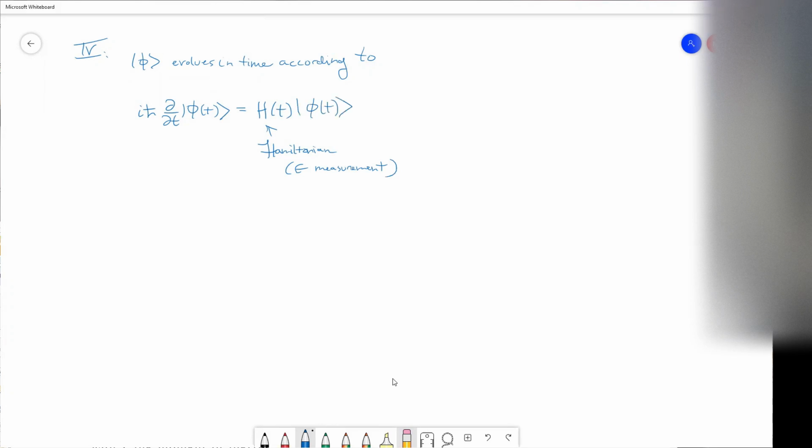So it's a first order equation, and it just tells you how to take any system at time t equals 0. This is your initial condition, right? If you don't do anything to the system, like you don't measure anything about it, you just let it evolve in time, then it'll evolve according to this differential equation where it's i h bar. But you can actually derive this from what we already know, and just using some basic logic about what time evolution is. So what's time evolution anyway?